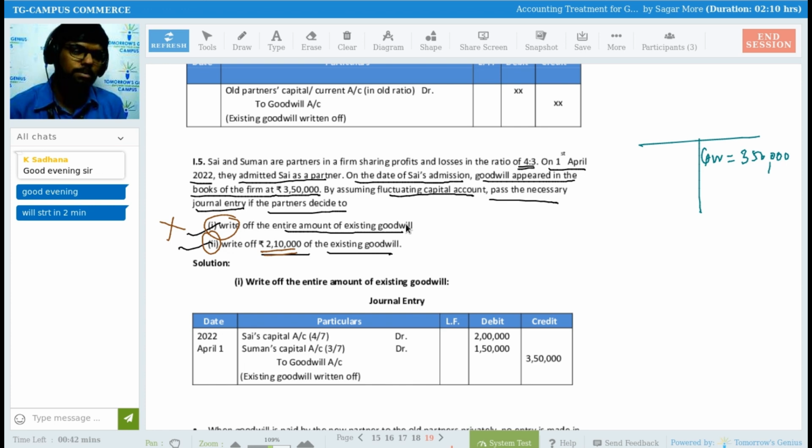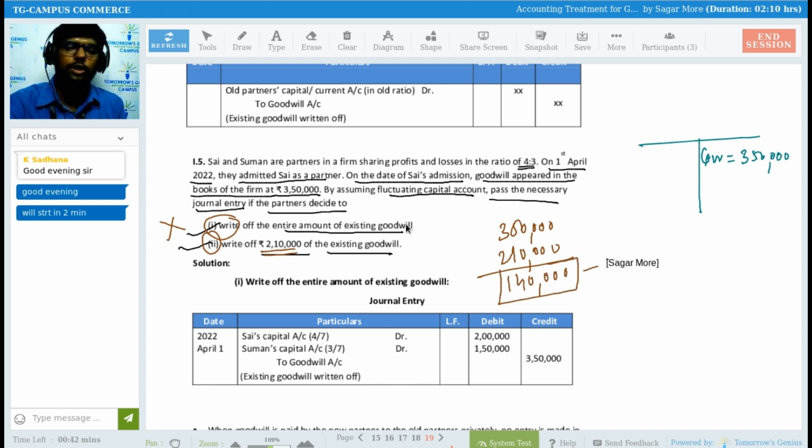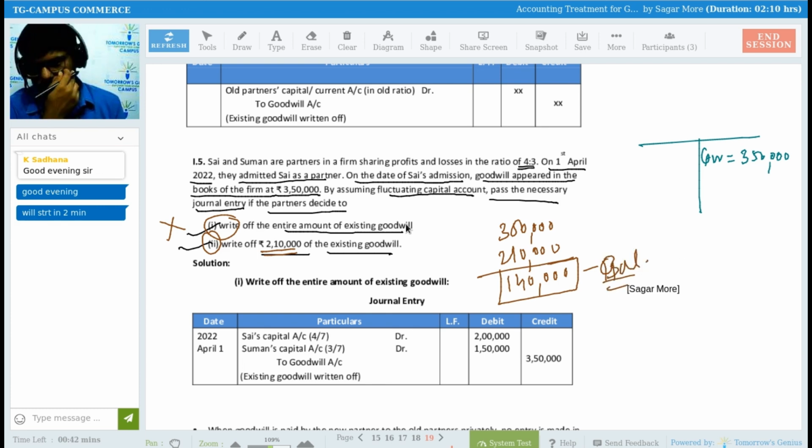So what is left now? Out of 3,50,000 rupees, if they are cancelling 2,10,000 rupees, then the balance is 1,40,000 rupees. So 1,40,000 rupees is the balance. They are not going to write it off; it is still the balance over there. So two cases, or two sub questions, are available here,